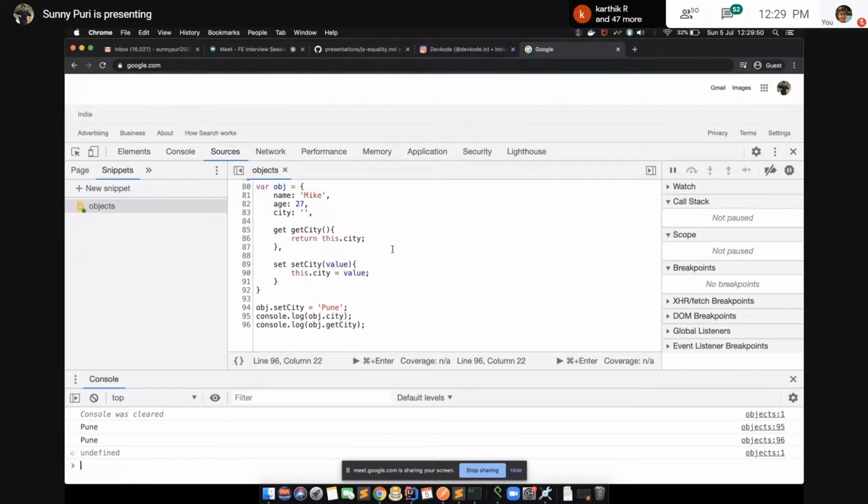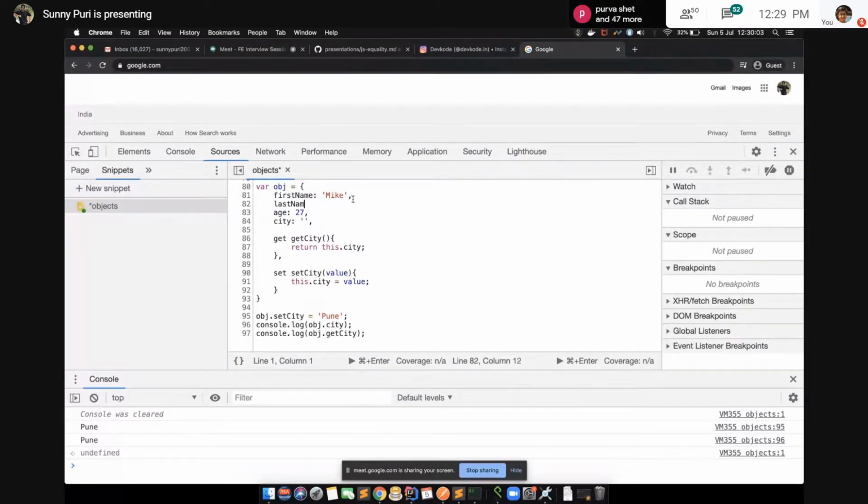Nice question, Gopal. So this is the biggest tricky thing in case of setter. Let's say this is the first name, then I'm having the last name. For example, if I'm saying set full name, let me copy this and create something like this.